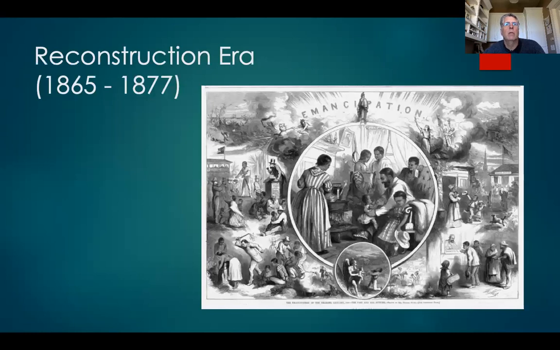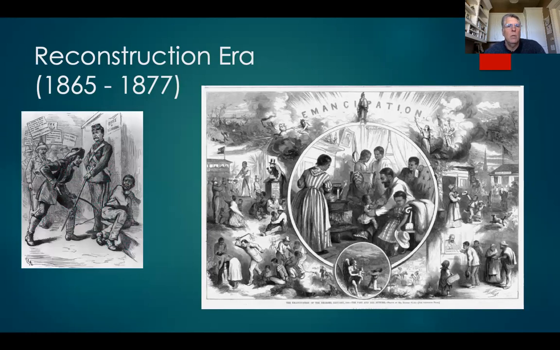Okay. And then there was the Reconstruction era. The Reconstruction era is when the Civil War ended and the North, the federal government, came to the South to protect the rights, mostly of Blacks, but of people in general, and to reconstruct not only the physical, the buildings that were trashed in the war, but to reconstruct the culture and to unite the culture, right,